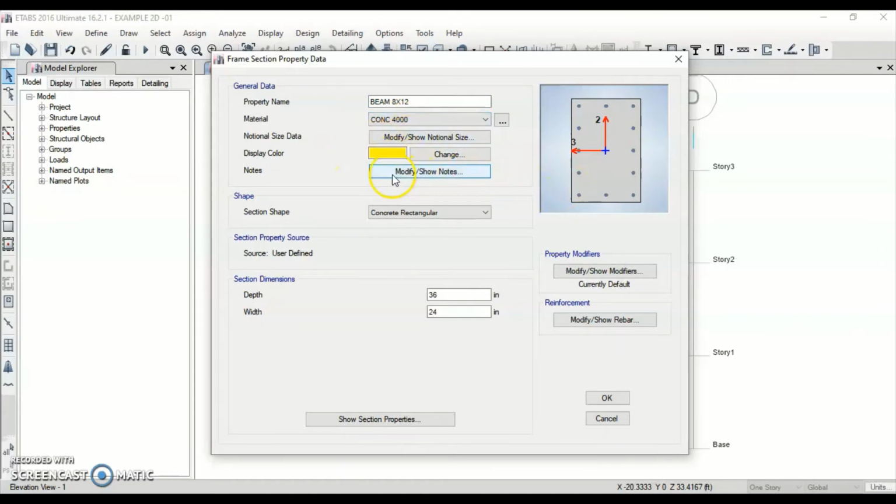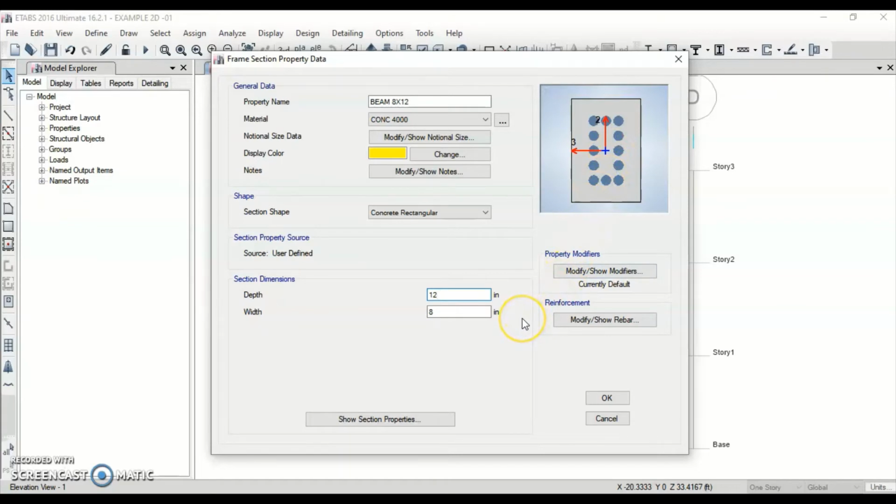You can skip these, but we can change the dimensions if required, or you can add some notes, you can change the color and so on. And it is a concrete rectangular, and the depth is 12 inches and the width is 8 inch. So as we click, you can see that it updates, but